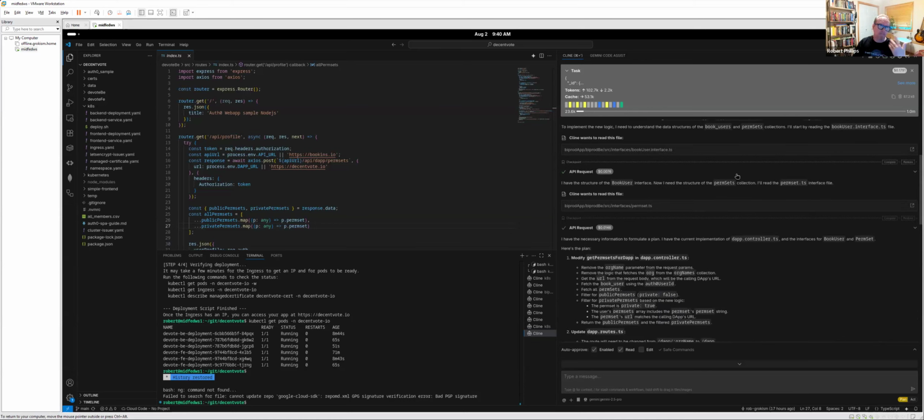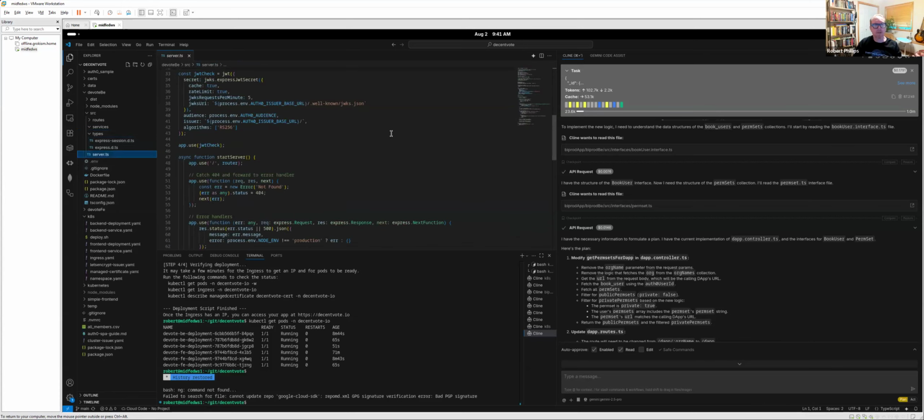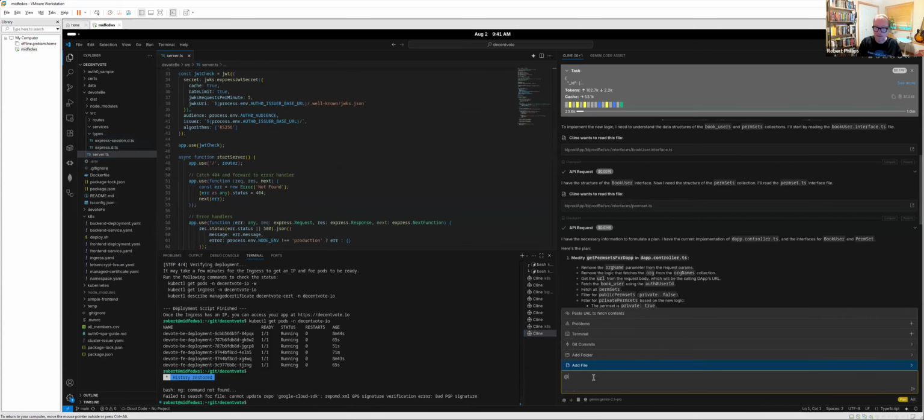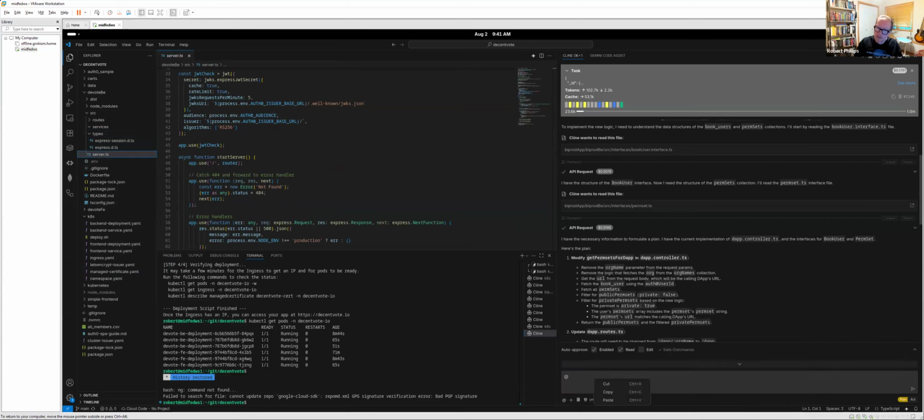You simply add it, so you can go over here, we're going to go back here to this and just look at the server TS file. Essentially, then we can just take this and copy it and make it context. And then we can ask it questions.